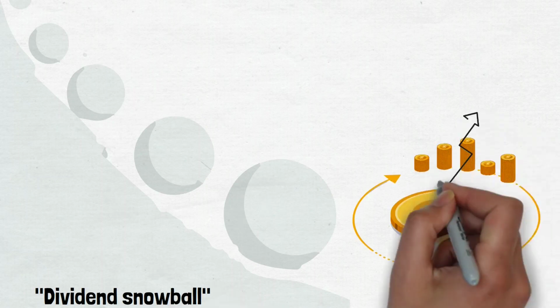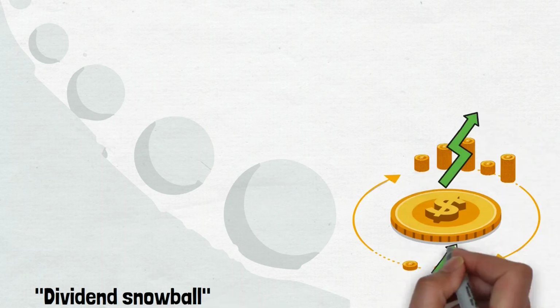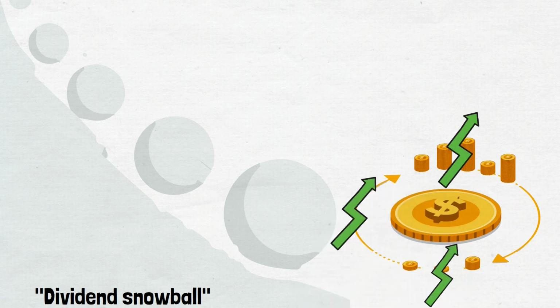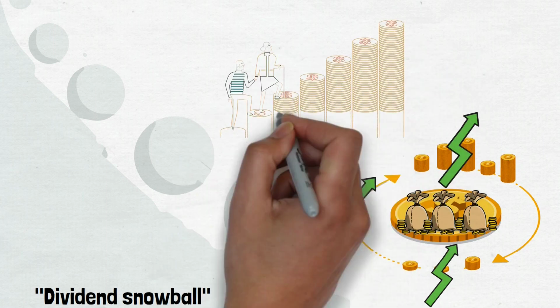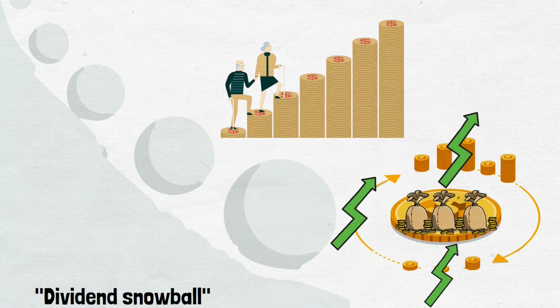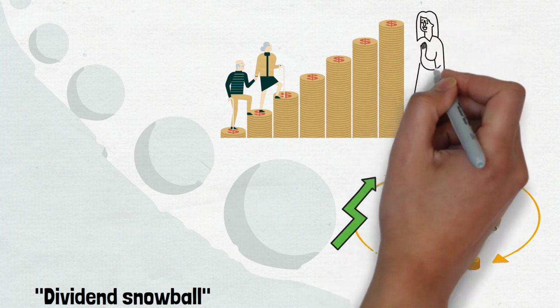The dividend ETF approach, like the one taken by VIG, emphasizes investing in companies with a history of increasing dividends, which can create a dividend snowball effect over time. As these companies increase their dividends, Goldie's income from her investment grows, allowing her to reinvest more and potentially accelerate the growth of her portfolio. This approach aligns well with long-term planning and the compounding principle, ultimately helping Goldie achieve her financial goals through a